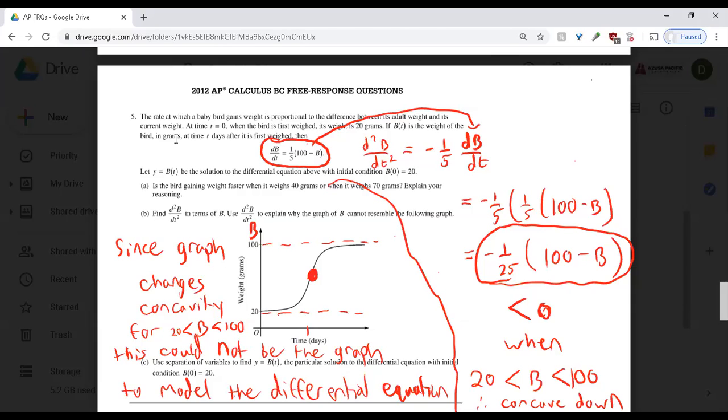Okay, other questions on this one? Mr. Morrison, for 5b, instead of talking about the concavity, could you talk about the first derivative, how it's increasing at a decreasing rate, or is that not enough to justify? If you say it's increasing at a decreasing rate,